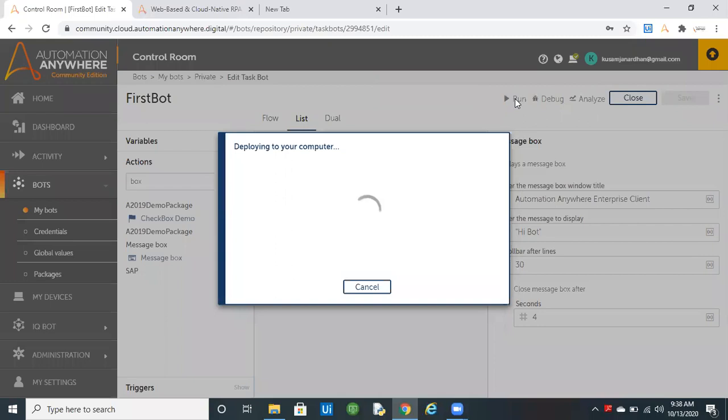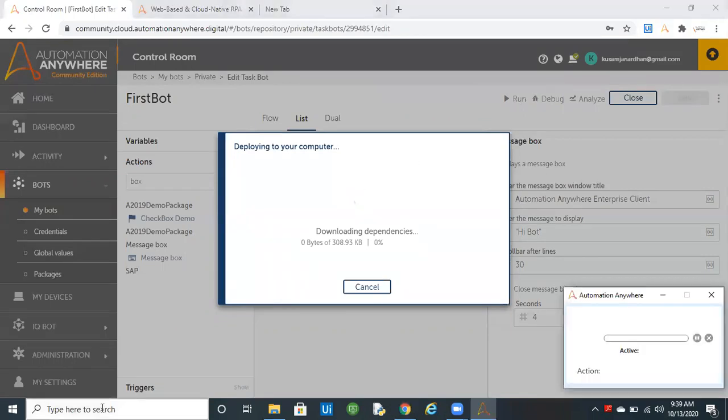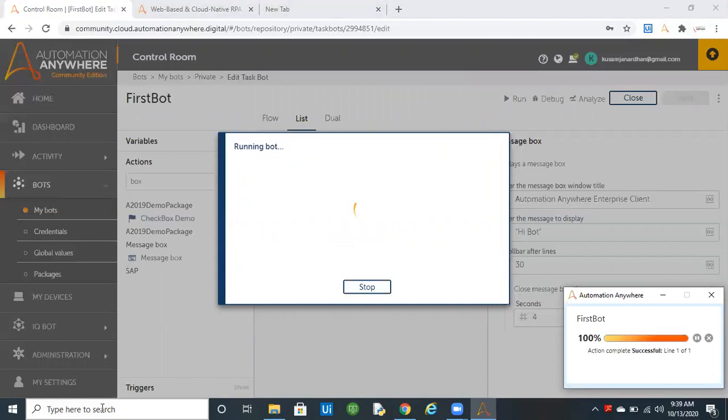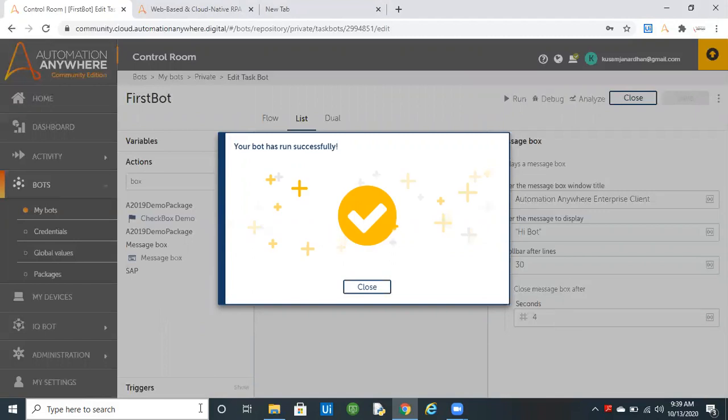Last time, unless and until we clicked on OK, the message box stayed on our screen. Now you can see the window will automatically close in 3 seconds. Yes, the task has been completed successfully.